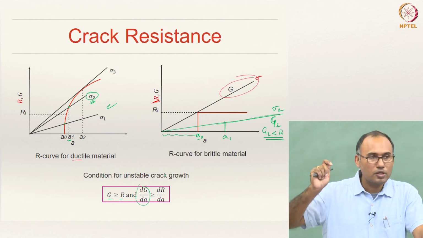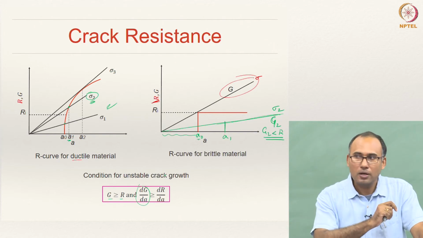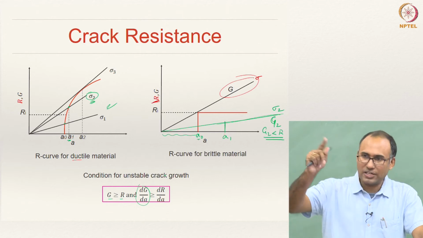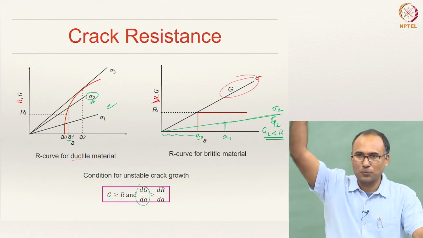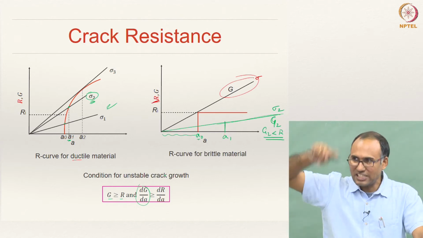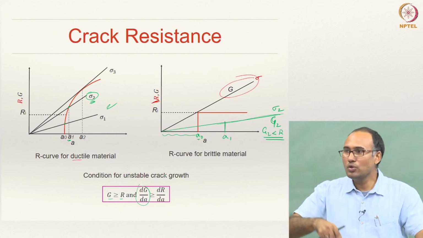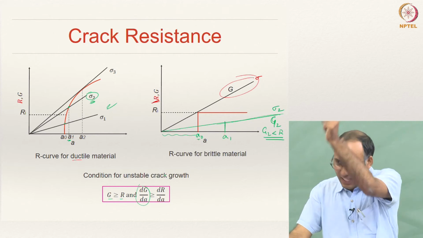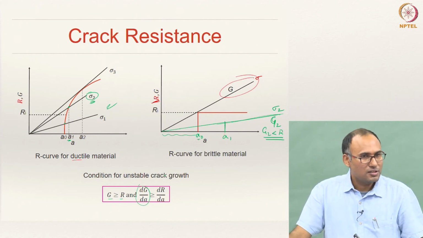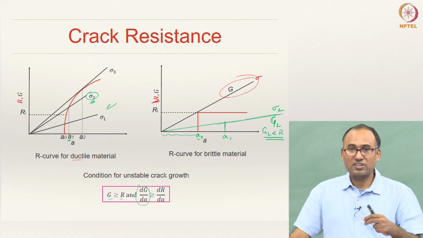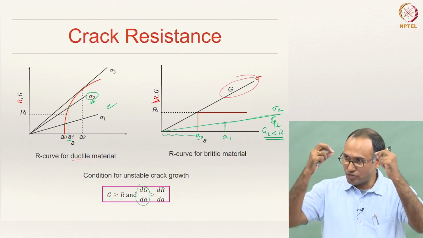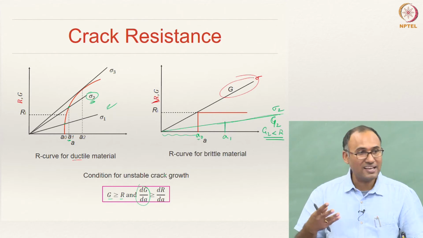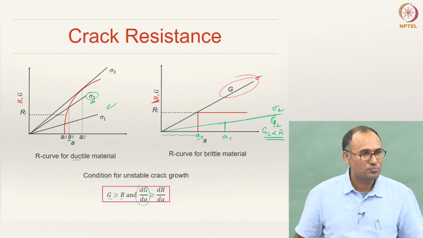that is precisely the reason why whenever you throw a stone on a glass, the glass breaks all of a sudden, right? If you have a small crack, it zips through, right? That is because you have no increased R value. But if you have a reinforcement to the glass, right? So typically the car windshields and all, they will have some reinforcement within, right? So they don't break like the glass that you would break on your window, right?